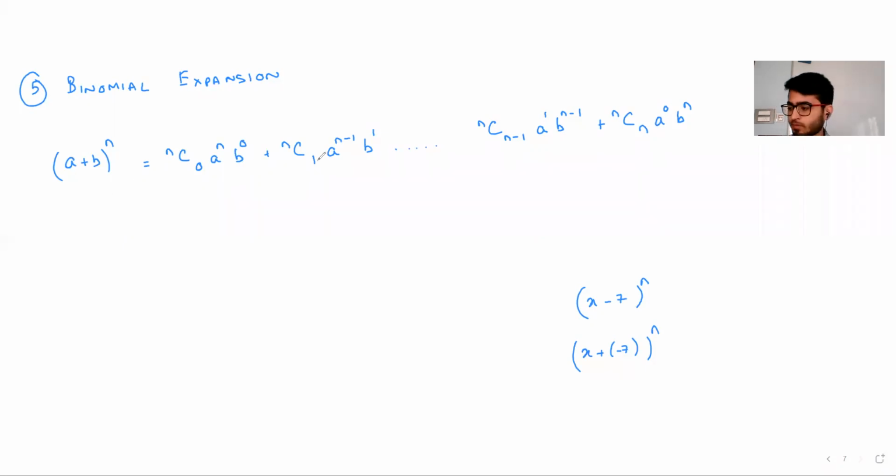Again, remember one thing. I don't know how many of you might have been told this by your school teacher. We were explicitly told. So tell me something. What is (a plus b) whole square? Some of you would say directly a square plus b square plus 2ab. So first of all, is this correct? a square plus b square plus 2ab. This is the formula which we have for (a plus b) whole square, right?